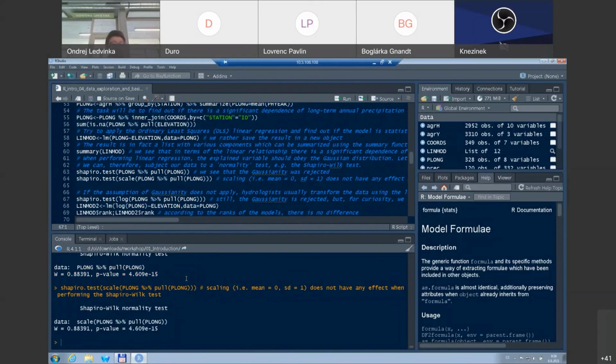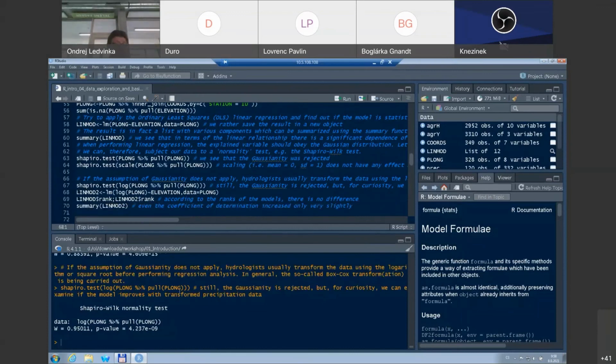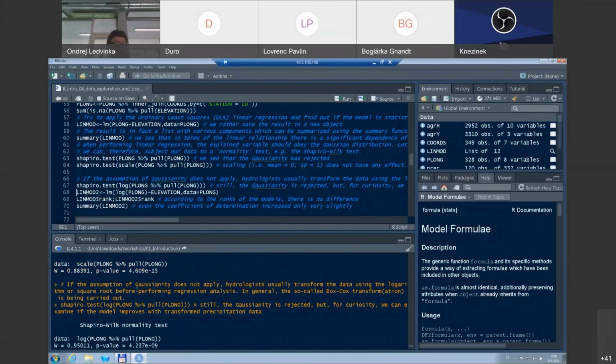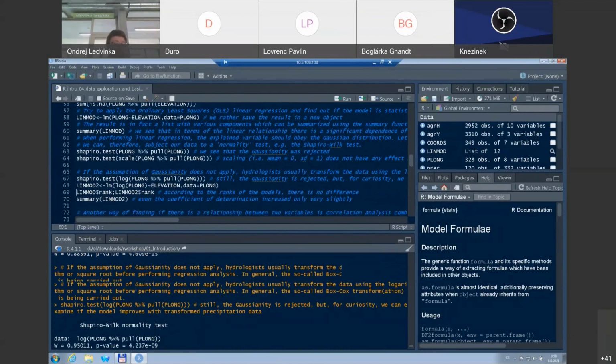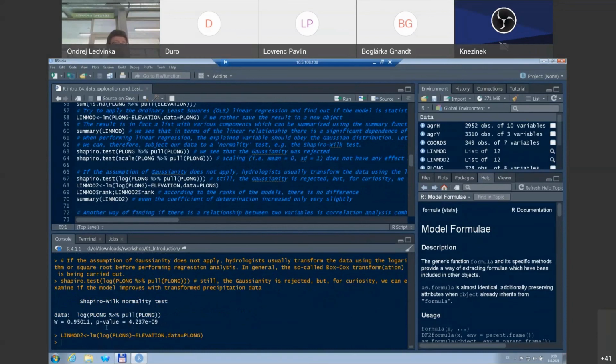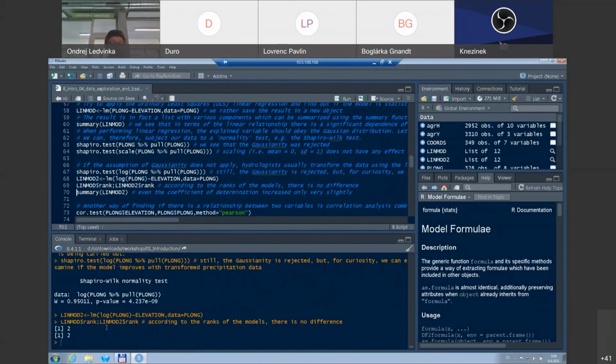We can also try some transformation of the variables here. For instance, logarithm. We can see that the statistic of the test changes slightly, but still we don't have the normal distribution after the transformation. Also, we can create a new model with transformed variables. You can see that according to the rank of the model, there is no difference. So we should maybe fiddle further in order to get the normal